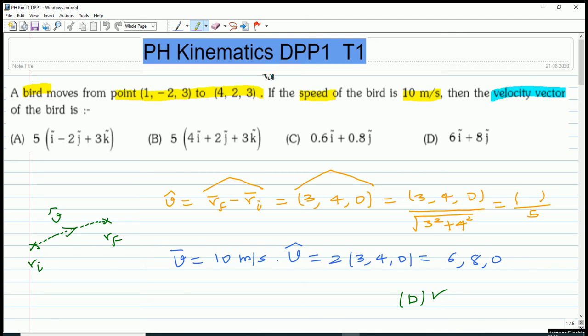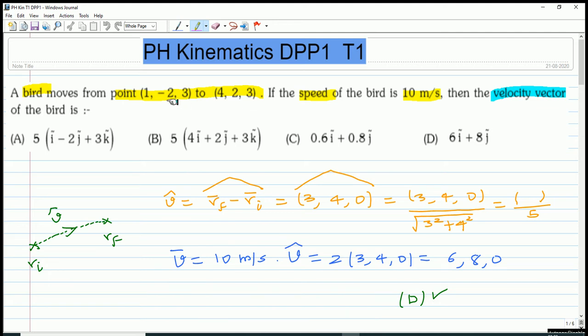In this video, I will discuss some kinematics problems. This is question number 1. A bird moves from point (1, -2, 3) to (4, 2, 3). If the speed of the bird is 10 meters per second, then the velocity vector of the bird is. Four options are given. So you have to find the velocity vector given the speed is 10 meters per second